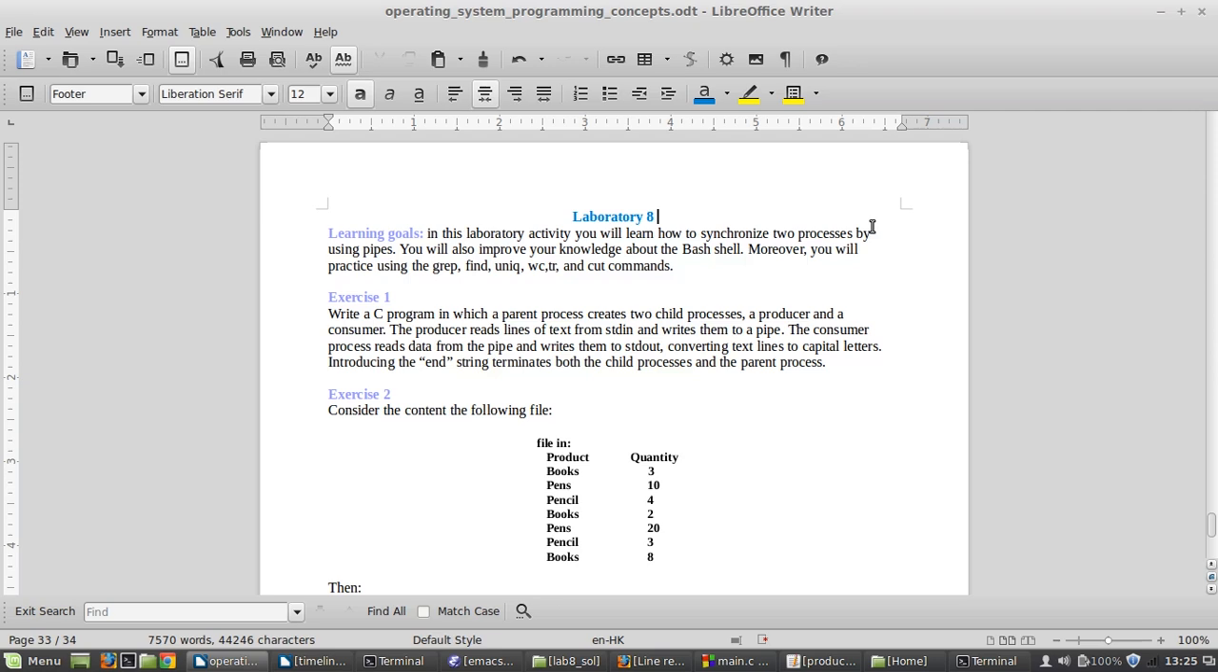Before beginning, I will just specify some learning goals for this laboratory. In this laboratory activity, you will learn how to synchronize two processes by using pipes. As I have already told you, the pipe system call in the C programming language takes file descriptors, all right? And we'll discuss this. You'll also improve your knowledge about the Bash shell, the shell programming language,